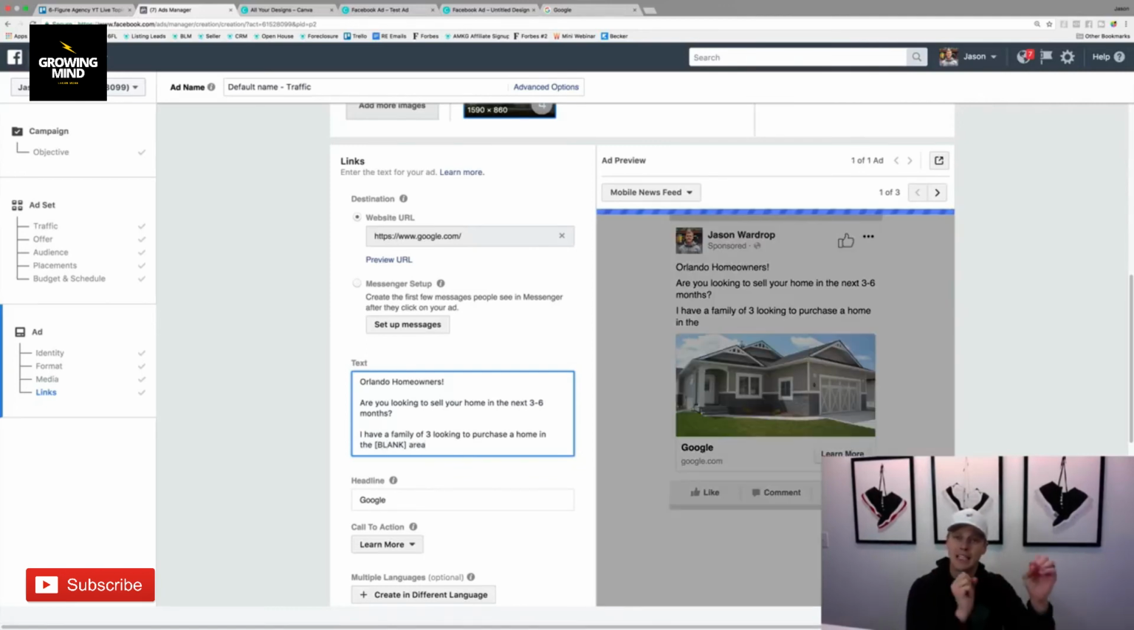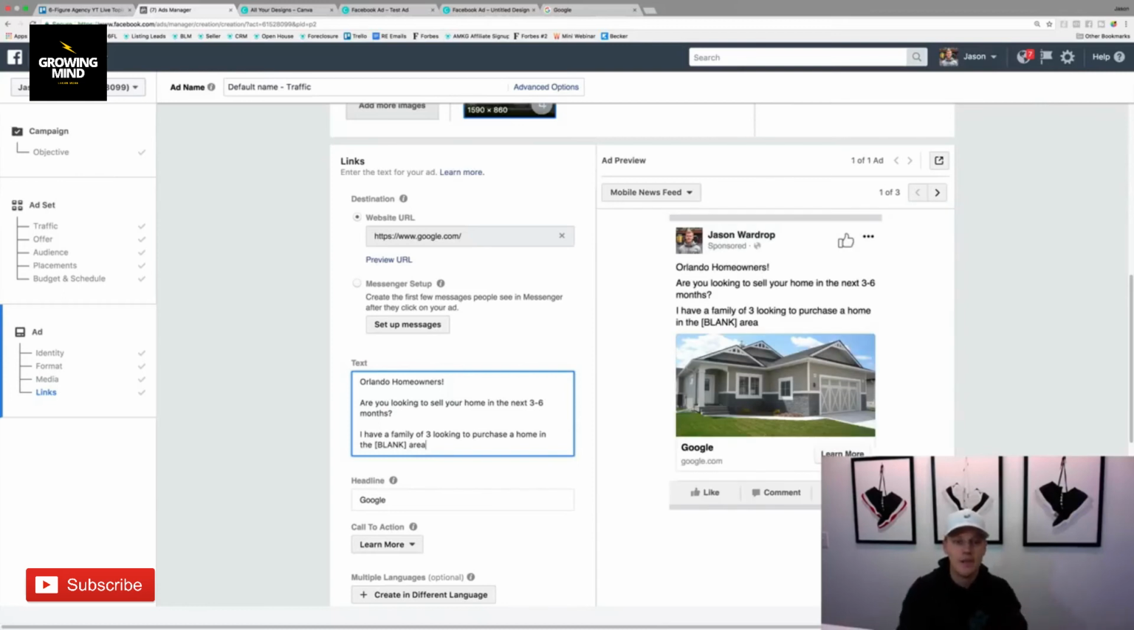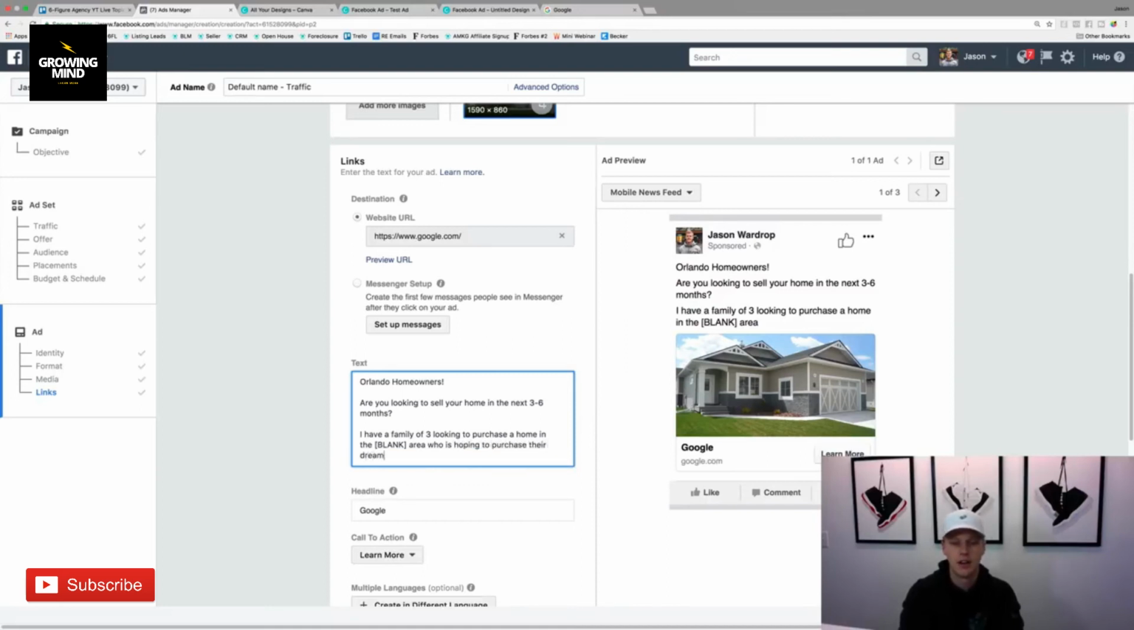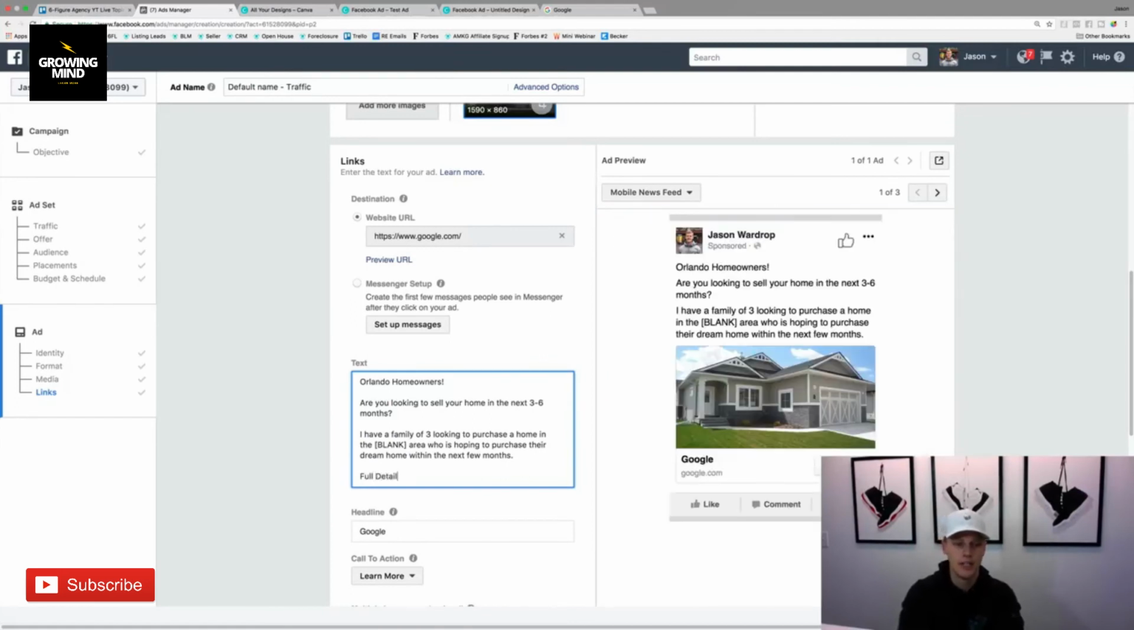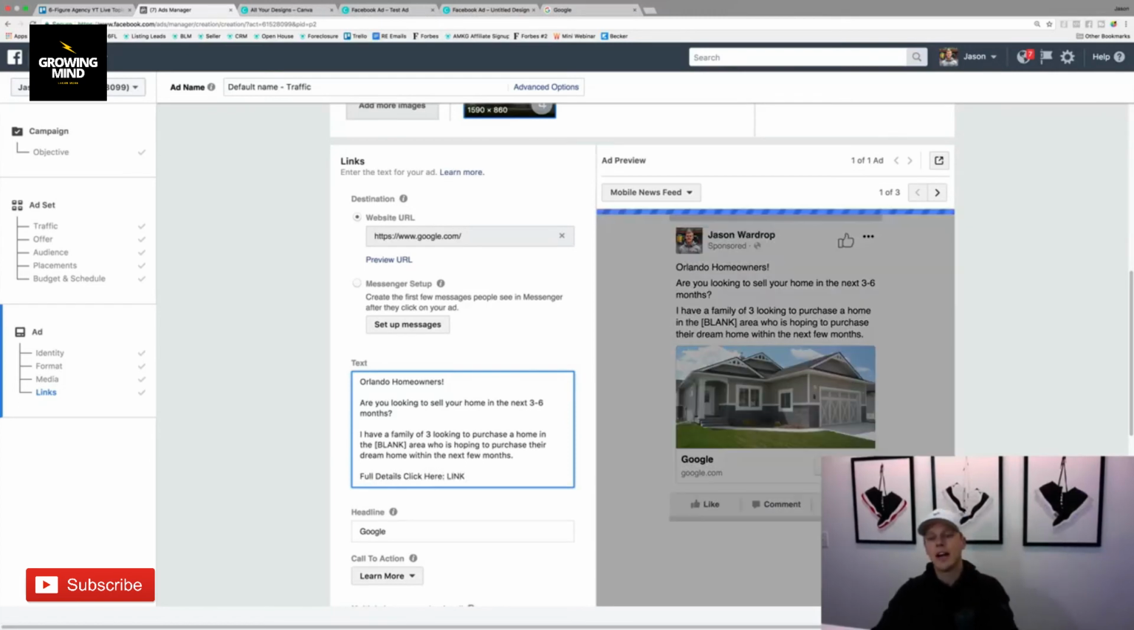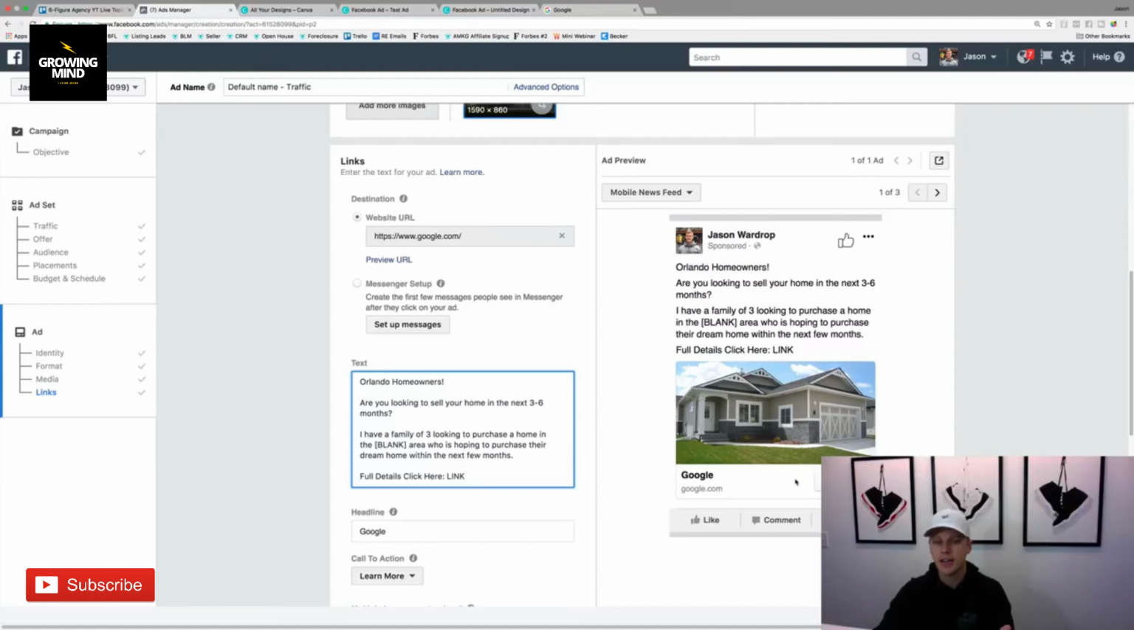So if you wanted to get specific to a community, you could say, who is hoping to purchase their dream home within the next few months. Okay, and then we could say, full details, click here, and then have a link. If they click on this image right here, that's going to take them to the site. But it's also sometimes nice to add the link inside this copy too, because as they're reading it,